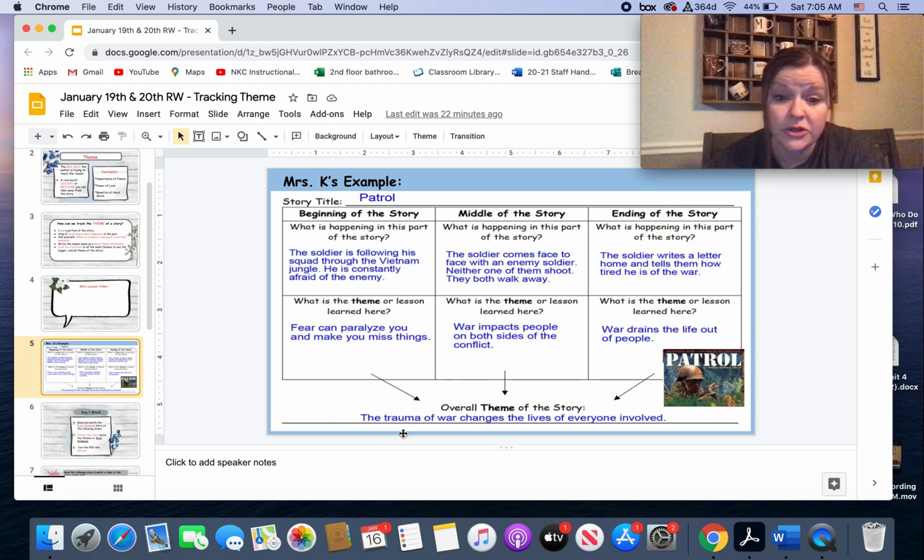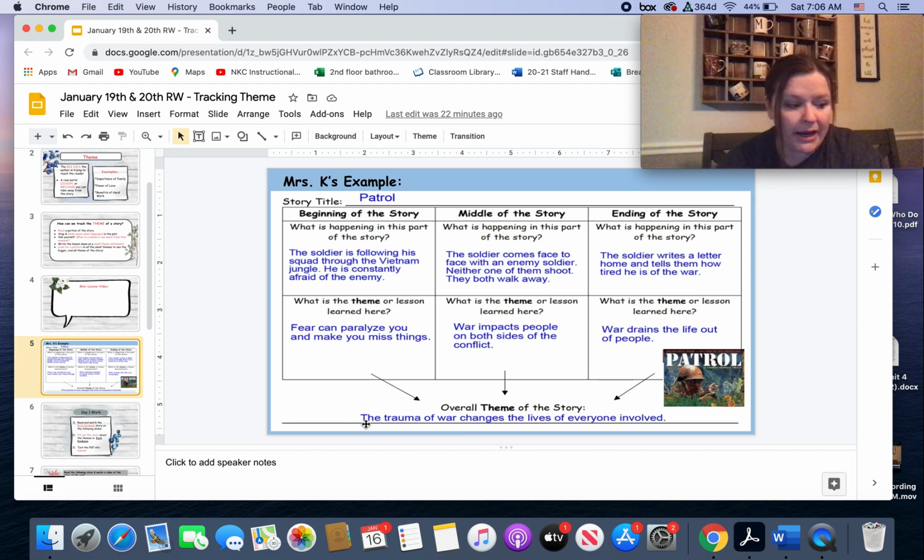And so I wrote it as, I think the lesson learned is that the trauma of war, okay, of any war, not just my character here, changes the lives of everyone involved, no matter what country you're from. It changed the life probably of when those soldiers went home, their own families' lives, because they were changed. And so it changes everyone involved, no matter what country you're from or what side you're on. So I'm going to put that as my, what we call a theme statement, just my lesson.